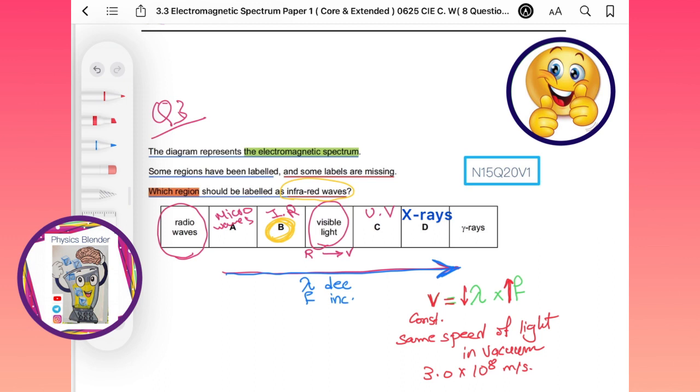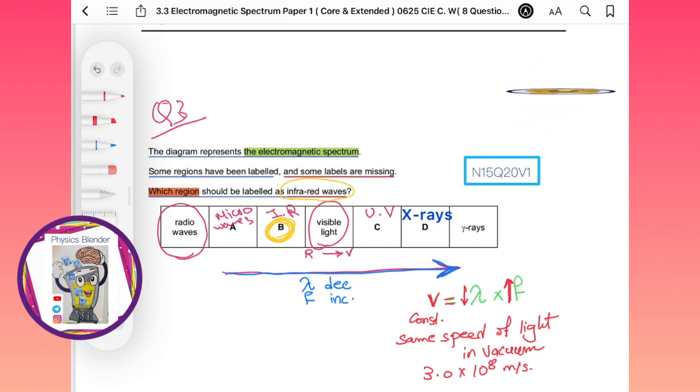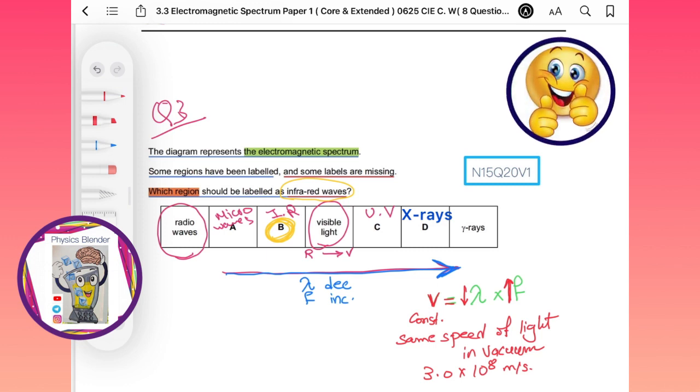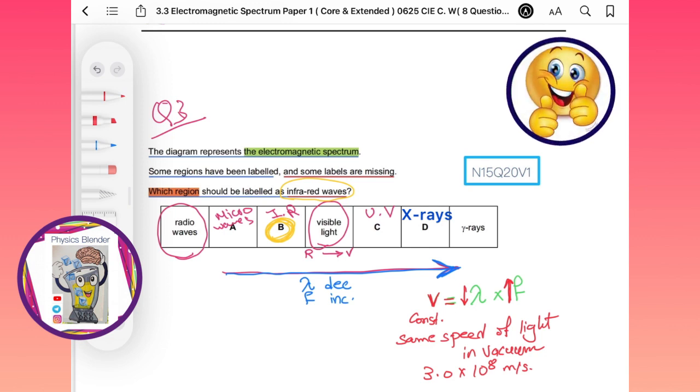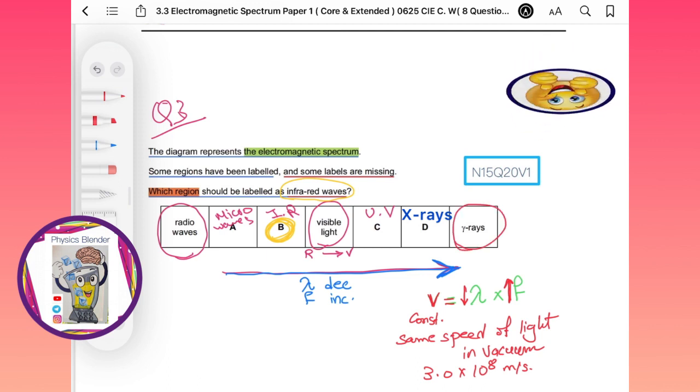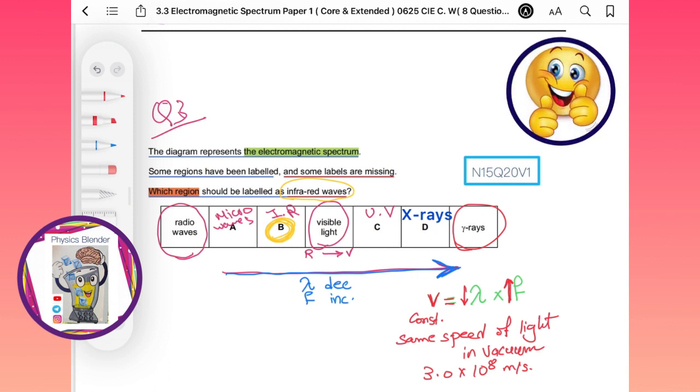But according to the position or the location of this member in the electromagnetic spectrum, you can detect if the wavelength is increasing or decreasing, the frequency is increasing or decreasing. Okay, so this is very important. So you can say that gamma rays, they have the highest frequency. Radio waves, they have the longer wavelength. So you can write here,